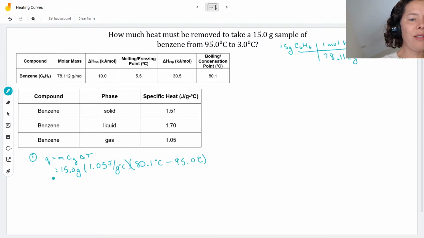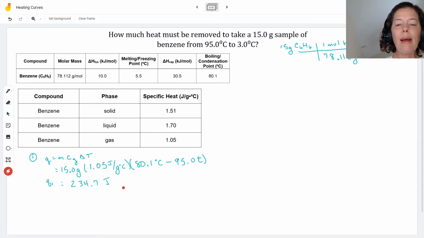Okay, sorry, this is Q1. I forgot to label that. So my Q1 is going to be 234.7 joules. Again, we didn't do this before, but you can see the grams cancel and the Celsius cancel, so I'm left